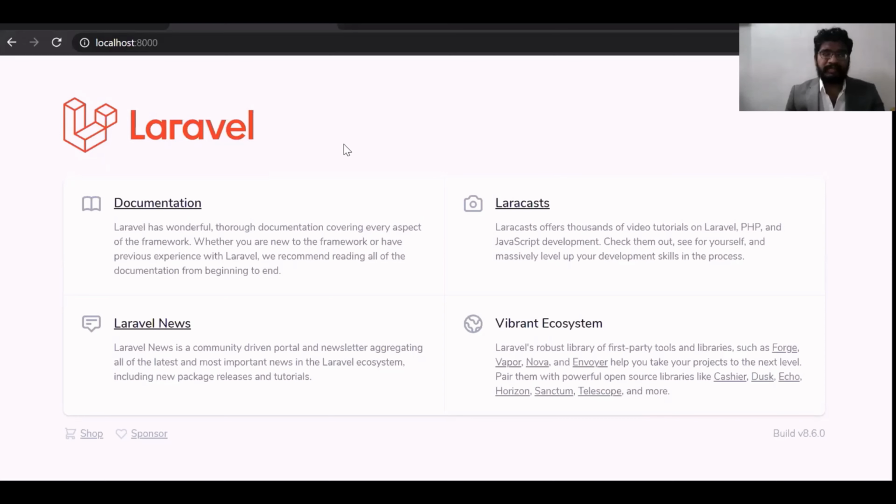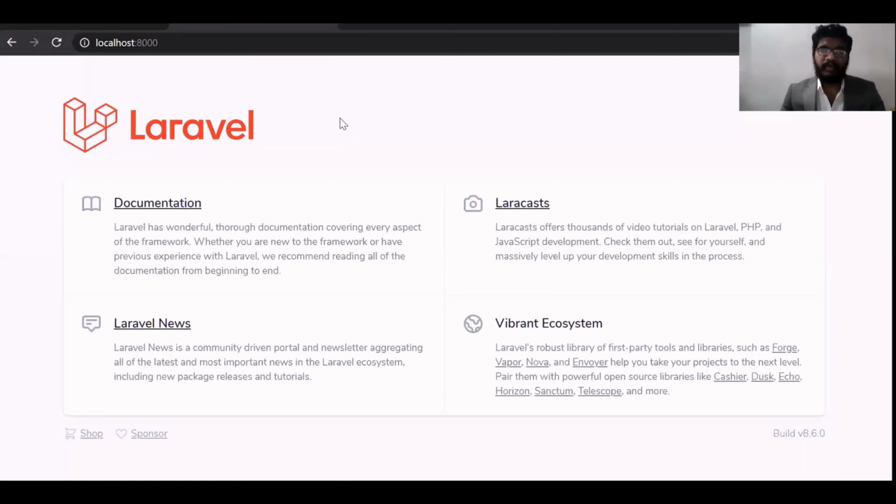So now I'll use some Tailwind components. The Tailwind CSS documentation says it's a utility-first framework. Like in Bootstrap and others, if you use a button, by default it is the same button in every application. For every application you can customize, but by default the button look and feel is the same. But with Tailwind you can customize your button as you wish. So that's what Tailwind means by utility-first.